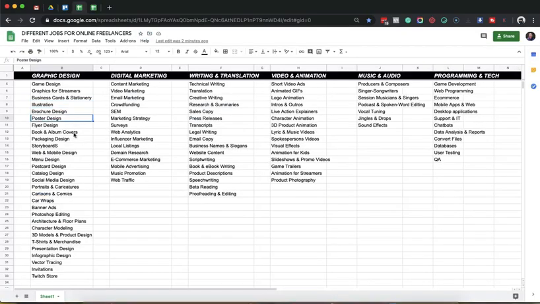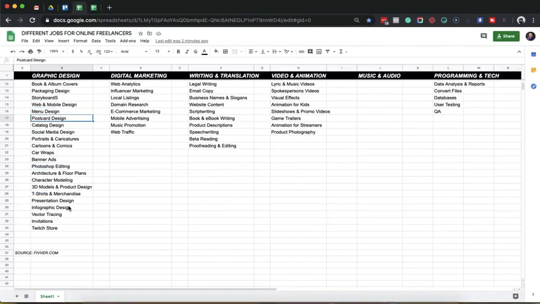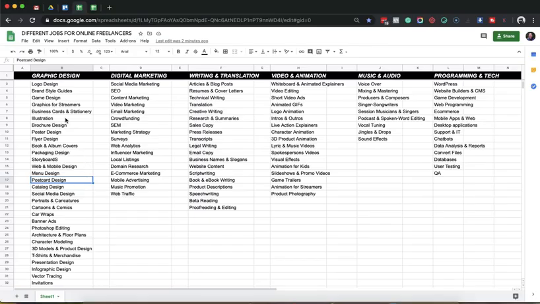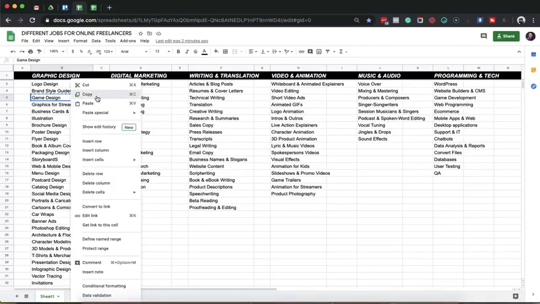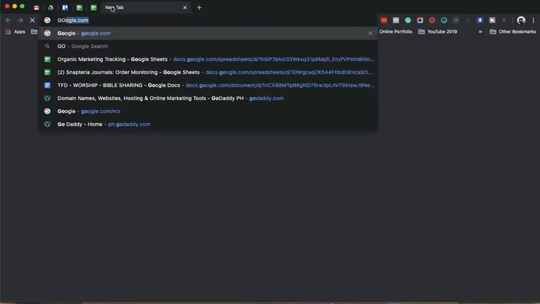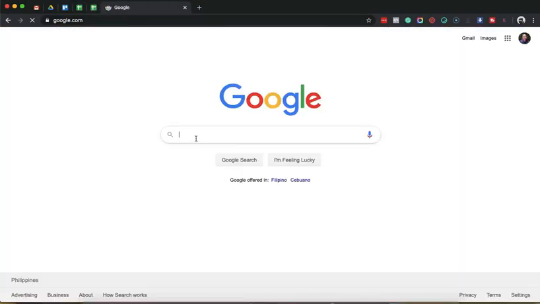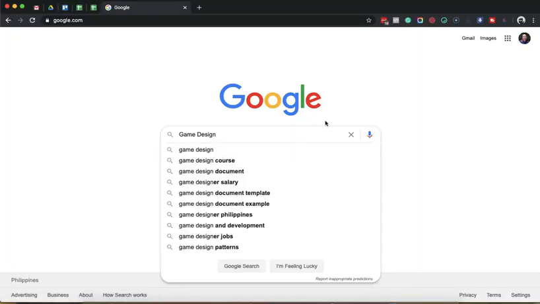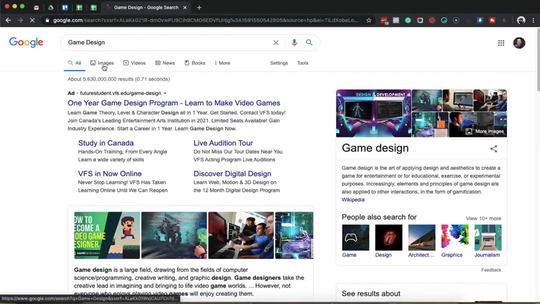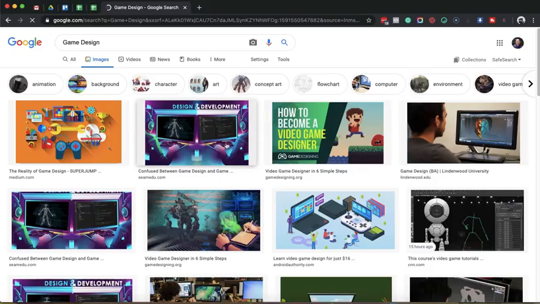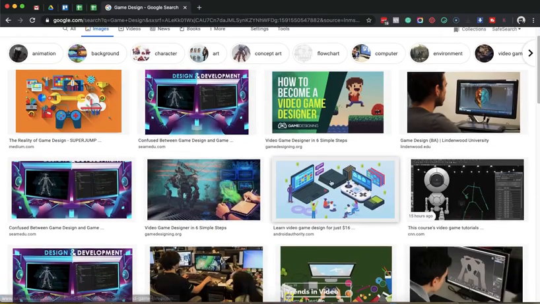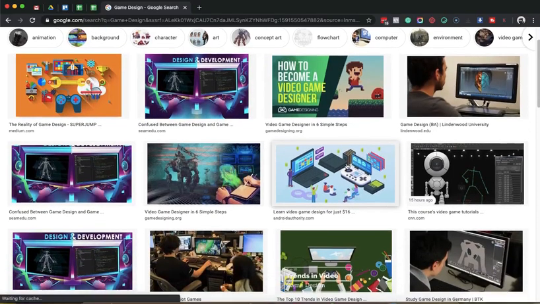If you want to do research on each type of these skills, pwede mo tong gamitin. You can just simply copy this. Example, if you want to copy game design, you can copy that one and then go to google.com. Google na talaga ang friend natin ngayon guys. So, i-paste mo yun dyan, and ito yung mga game design. And if you try to go to images, ito yung mga example natin. Kung marunong kang gumawa niyan, I think